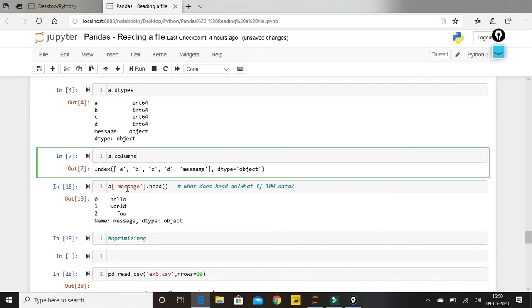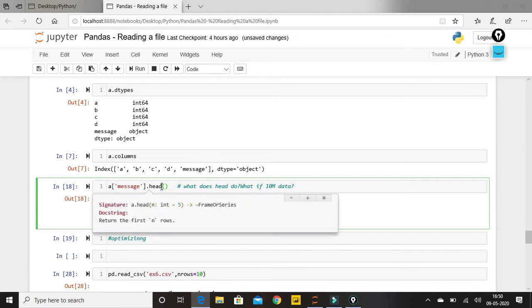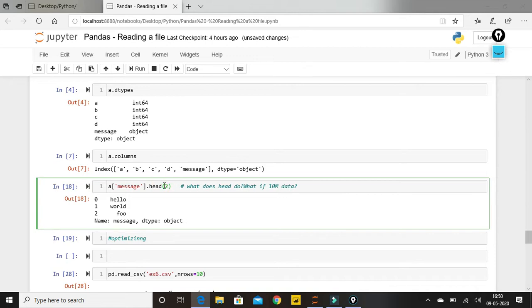Next, we have already seen the head and tail functions, right? If we give any data frame, wherever we have stored our CSV file or any other file format, and then call dot head or dot tail, if nothing is mentioned in the parentheses of head, by default it will take the top 5 rows. Always remember this. If we press shift tab, it will say that by default it is taking 5 rows, and the same goes for tail, it will give me the bottom 5 rows. Over here I haven't mentioned anything. Let me mention it as 2. It will give me the top 2 rows.